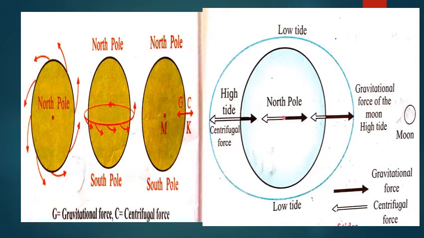It is telling us about the low tide in the opposite direction, high tide in the opposite direction. It gets pulled up. When I was circulating the key, it was not circulating on one side only, children. The force which was there went on and on. When I was on the right hand side, the same speed was there. When I was on the left hand side also, the same speed was there. So that is about the high tide. The gravitational force at one side is pulling and the centrifugal force is also pulling on the other side. So this is what happens when the tides occur.